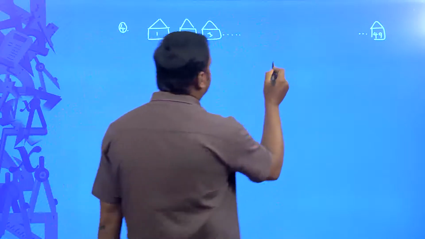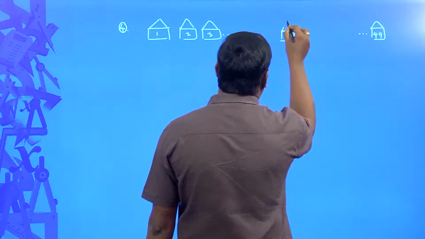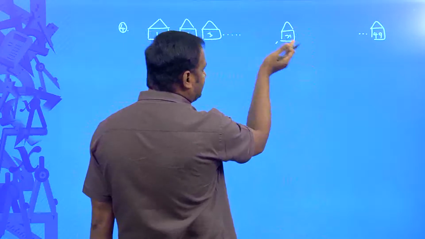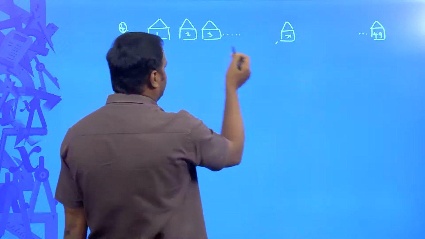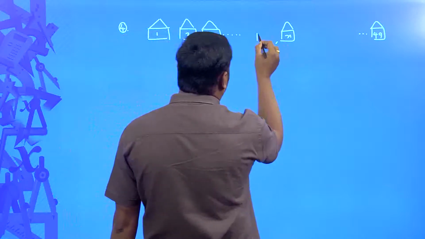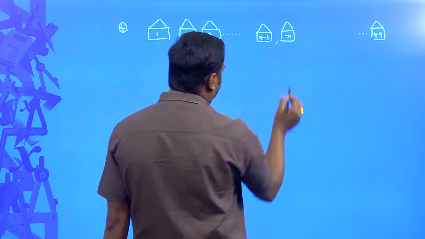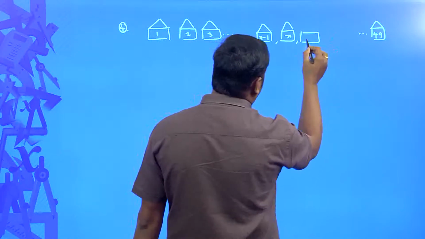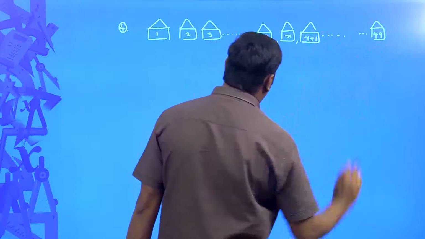So, let us consider one house number here, that house number is going to be house number x. If this is the house number x, what is the number preceding the house number x? Obviously, if it is 3, then it is 2 and 1. So, that is 1 less than this number. Then the number is going to be the x minus 1th house. And what is the house after this x? After this x, obviously, that is the x plus 1th house and so on up to 49.